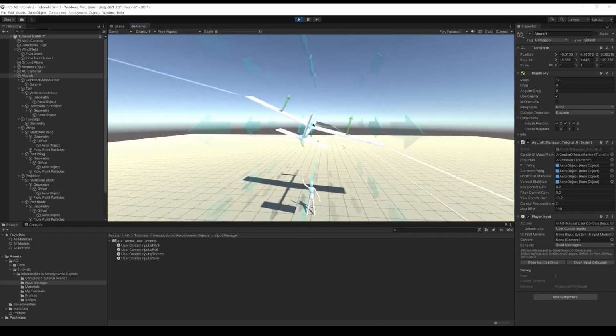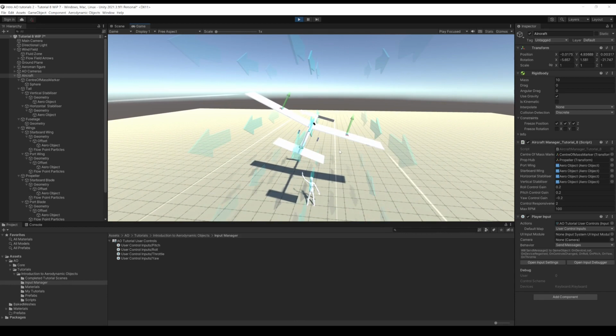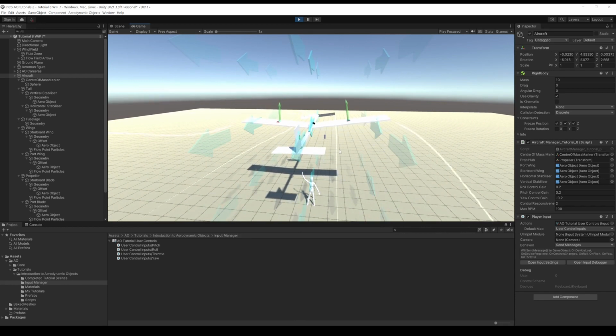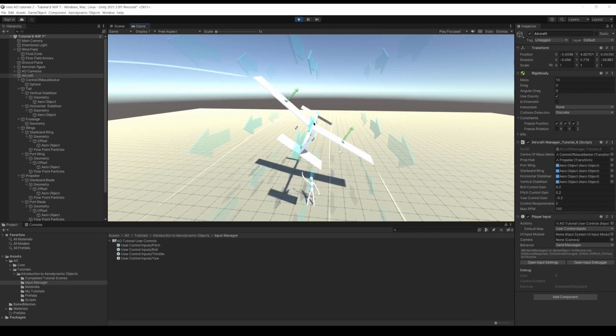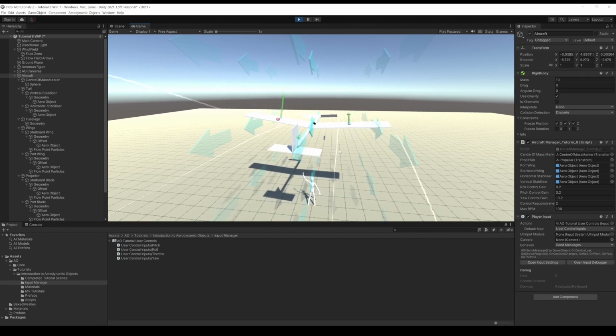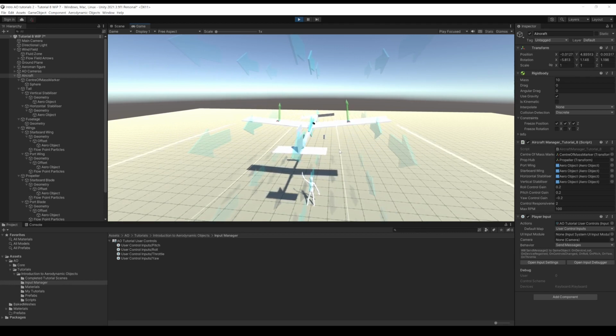So let's try putting in our roll input. So I'm going to do roll left, and that makes it roll left as required. Roll right, it banks right. That's good. If you look at the green arrows, there's quite a lot of different things going on there, and